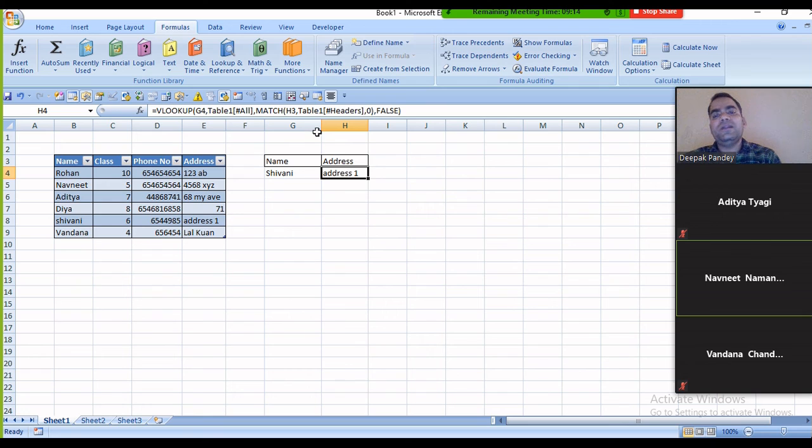This is our whole table. The third one is the column, which column you want the data from. I made it a dynamic column using the MATCH function, so even if you want phone number, class or address, any column, it works: class is column number 2, phone number column number 3, and address column number 4. So this is how we can use the VLOOKUP formula.